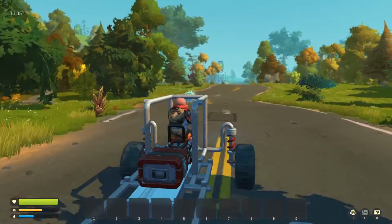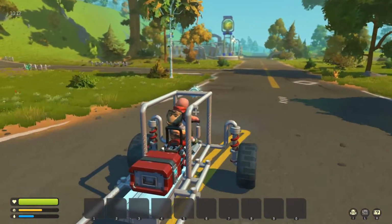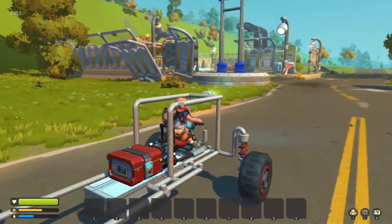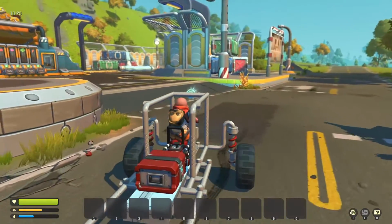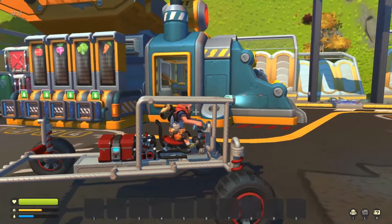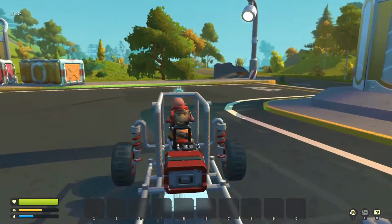So our first packing station is over here, and this is the vegetable packing station. That's a serious hill. Now that's going to be a bit of an issue because the trader is up this hill, and when we've loaded up our car with the huge vegetable packages, it's going to be fun driving up that hill. But yeah, this is where we trade in the tomatoes, the red beets, the broccoli, and the carrots. And if we follow this road,